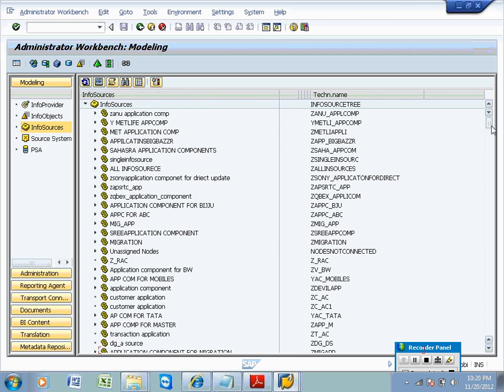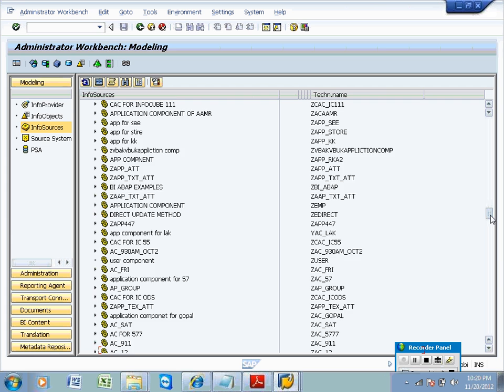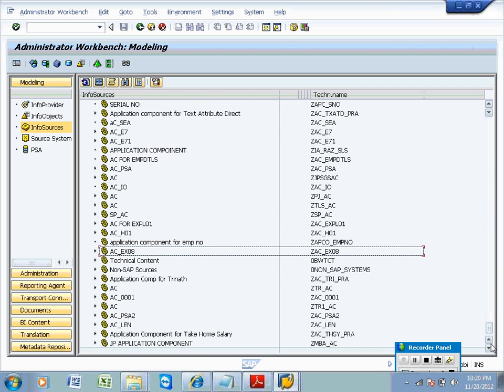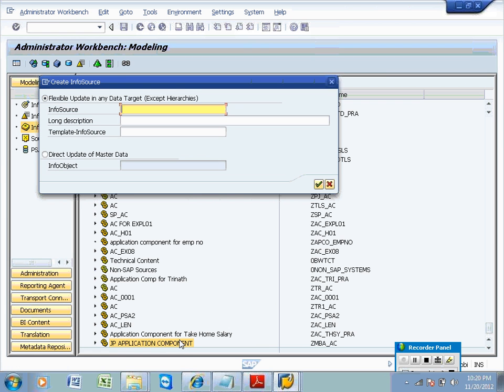Now, not only in 7.0, we can insert in 3.x also, calendar day. In 3.x, while creating the info cube, we need to insert one time characteristic explicitly. I will discuss this part day after this.